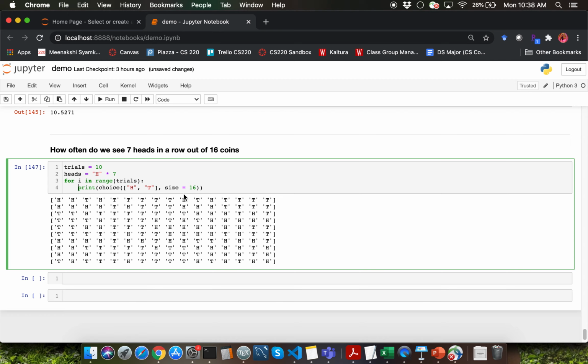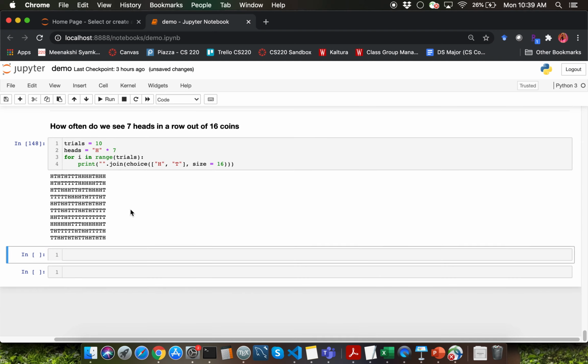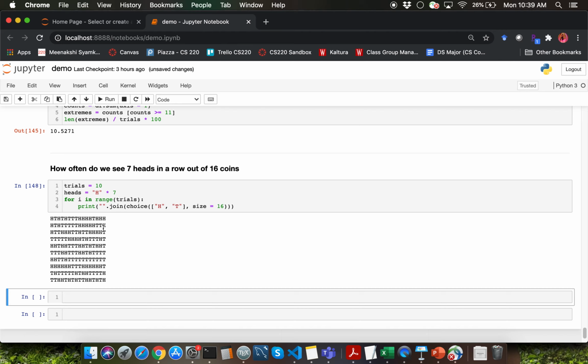What I'm going to do is string all of these choices together. I can do that by using the join function call, right? Recall that you can mention what you're joining by. I just want to join all of them together, so I'm just going to call the join function with just an empty join part over here, which is going to be the separator. Alright, looks like we are able to join all of the flip counts for the 16 coin flips.